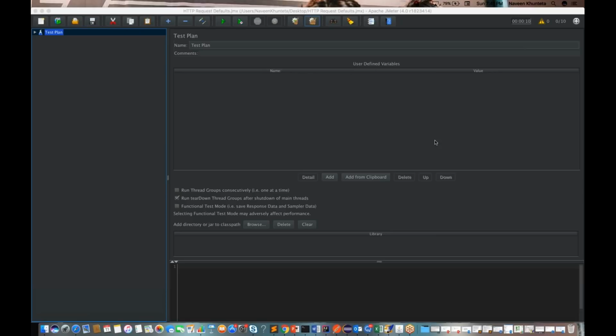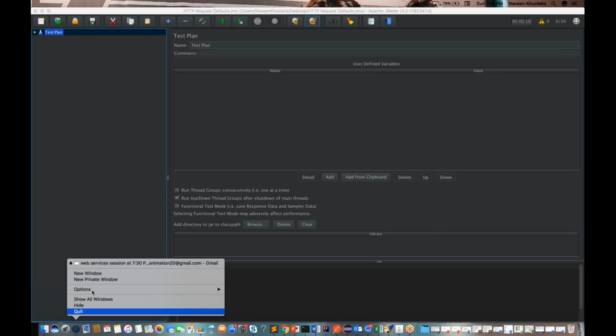So how to do that? JMeter is open source, and its architecture is completely based on Java. So make sure that Java is available on your laptop. And the second thing is that you have to download JMeter. So how to download JMeter? What you have to do is go to